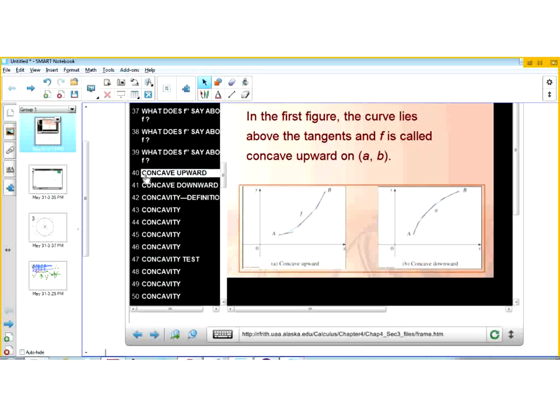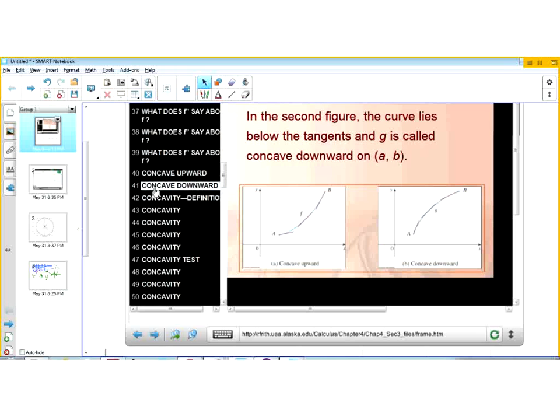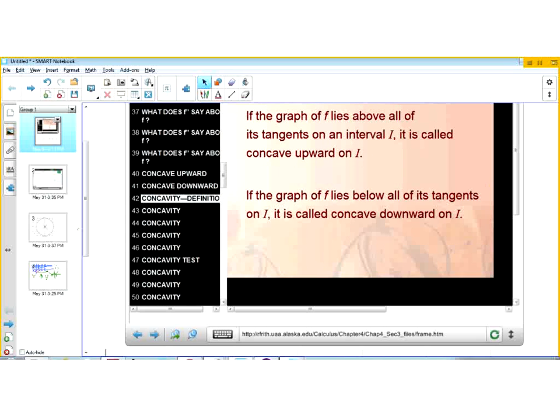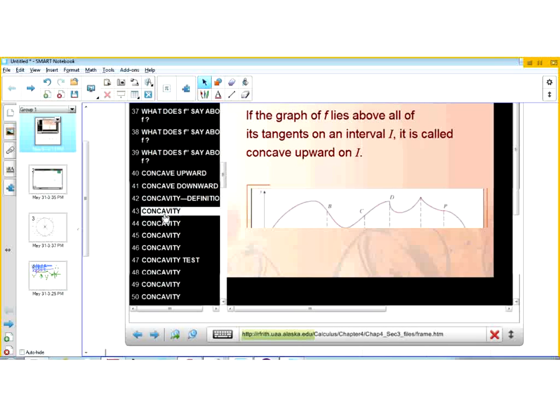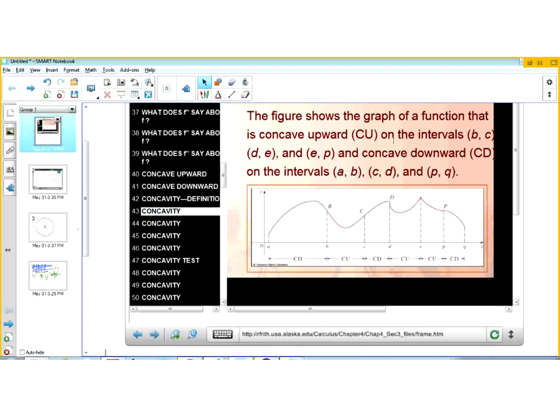And what else? Slide 40, slide 41, slide 42. So if a graph of f lies above all of its tangents on an interval I, it is called concave up. If the graph of f lies below all of its tangents on an interval I, it's called concave down. All right, so there's your concavity, and the figure shows the graph of a function that's